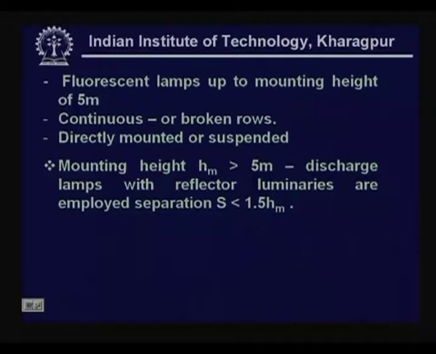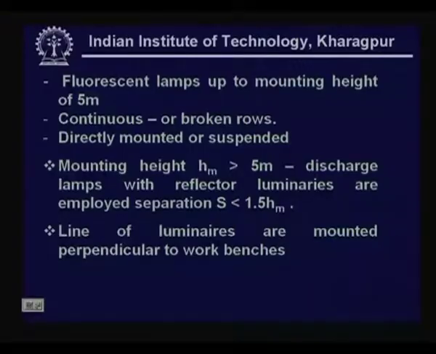And the two categories of lamps which are often used these days are either metal halide lamps, which have good color rendering compared to mercury vapor, and sodium vapor with reflector luminaires. And typically the separation between two such lamps is maintained around 1.5